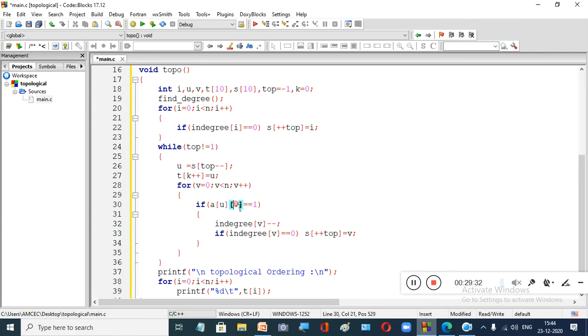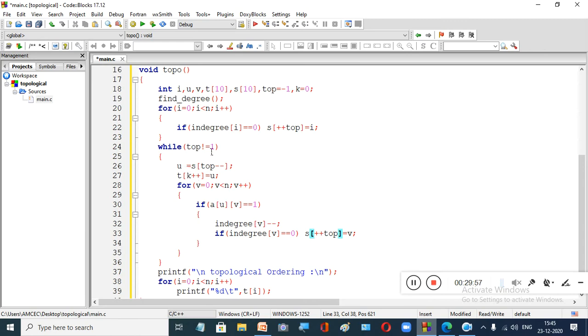From U to V, do you have any edge? If you have an edge from U to V, decrement the in degree by 1, because the in degree will be reduced. After that, again check whether you got any new vertex whose in degree is 0. If it is 0, push it into the stack. Otherwise, go to the next vertex.